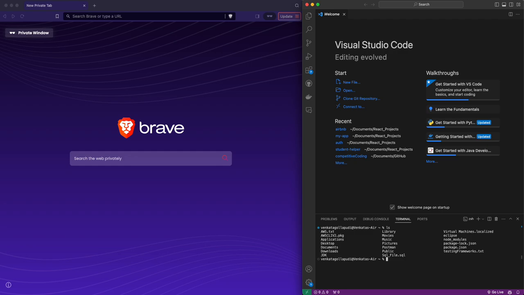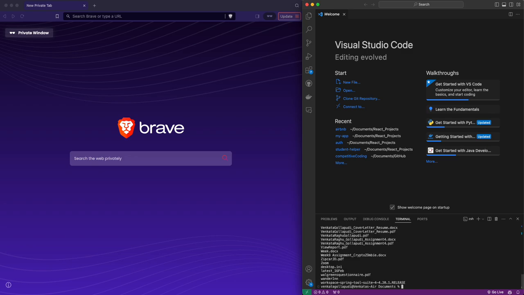Let me go to my documents. Inside documents, I have a folder called React projects. Let me go to the folder React projects, and here let me create a new React application by